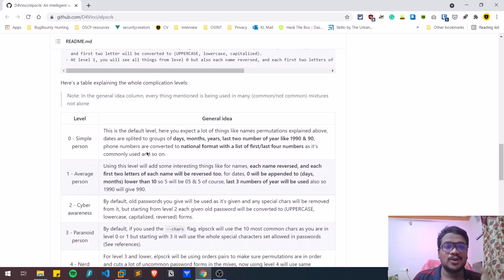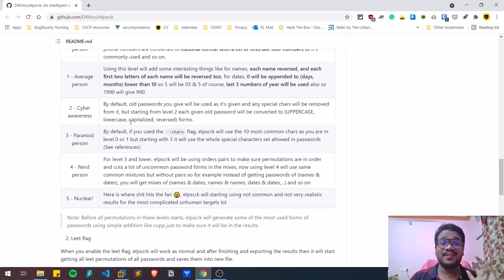There is an option called level, so you can choose the level of the person you're hacking. Let's think it can be a simple, average person who uses a mobile phone, and here you can see the general idea, as well as a person who has some cyber awareness. You can see the types of person, the nuclear, some kind of legend or anything like that.